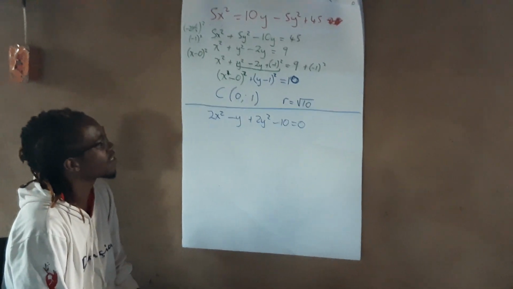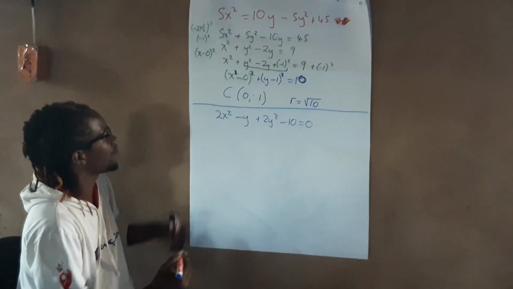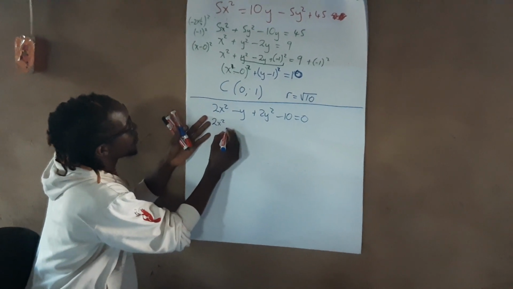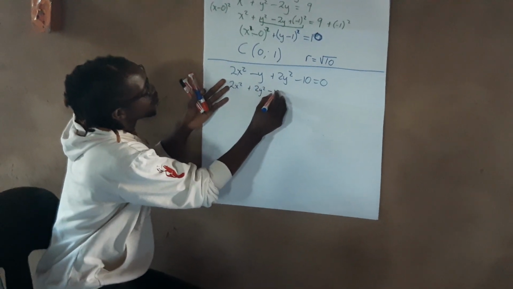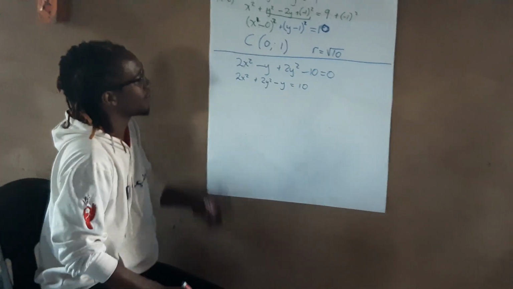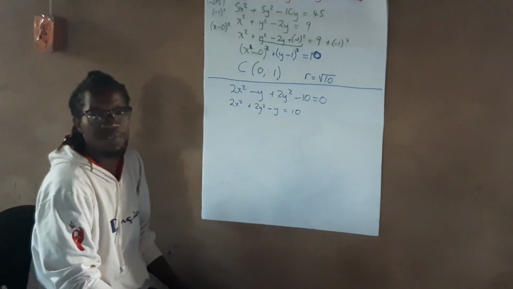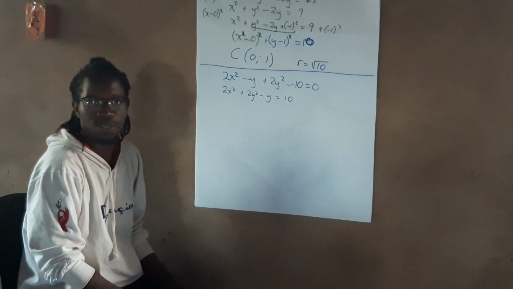First thing first, we're going to put it in a way that you can solve it. So this is 2x squared plus 2y squared minus 1 equals 10. And then throughout you can see that these coefficients are 2, so we can divide throughout by